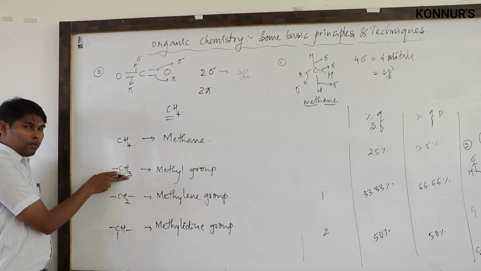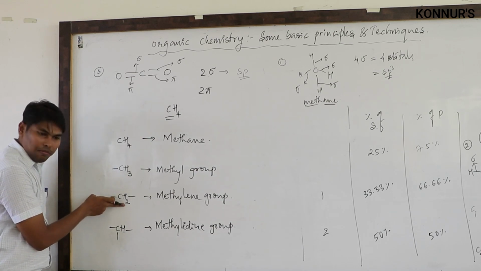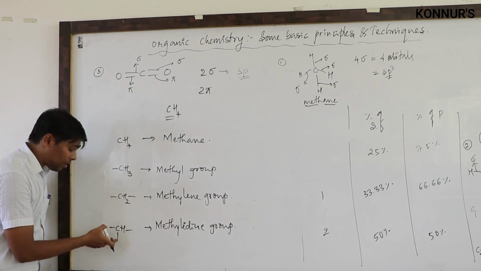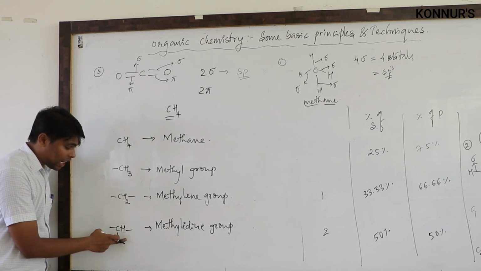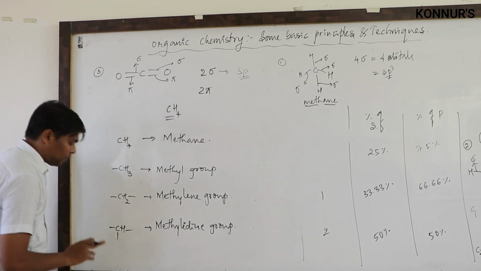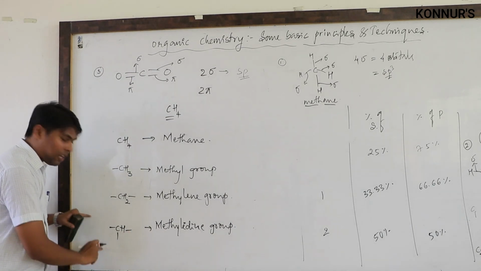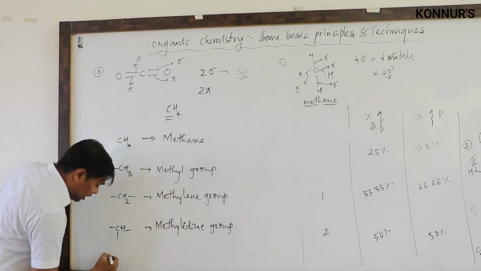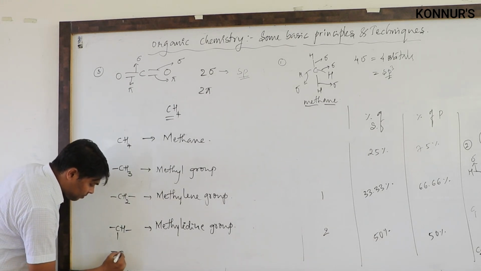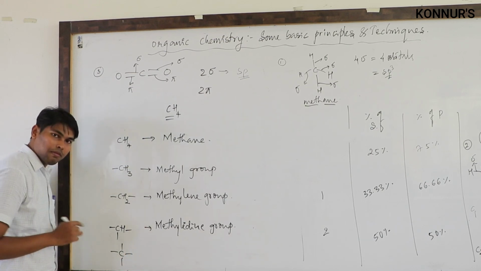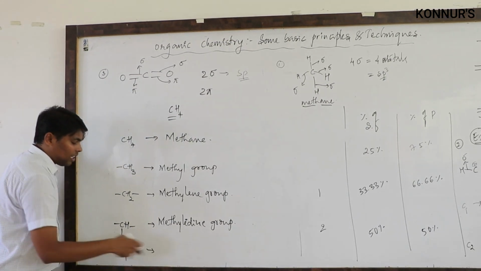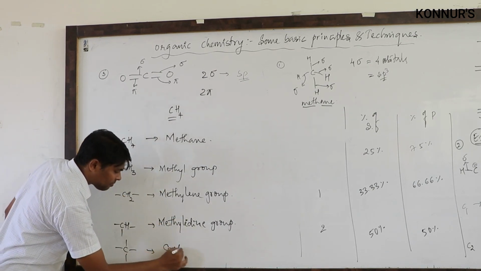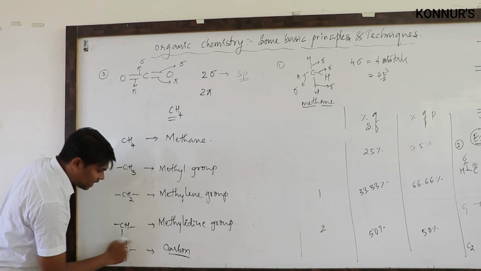Here I have removed 1 hydrogen. From here to here I have removed 1 more hydrogen and added 1 valence extra. From here to here I have removed another hydrogen and added the valency. So it can extend in 3 ways, its chain formation. And here I will remove 1 more. So remaining is only carbon, and it doesn't have any name like this. It's a carbon, tetravalent carbon.